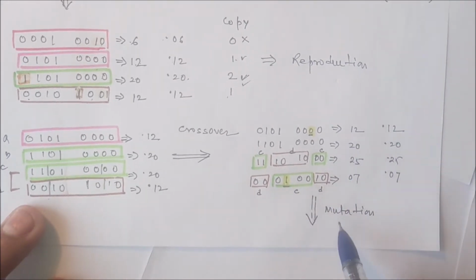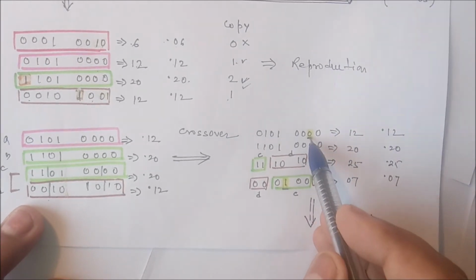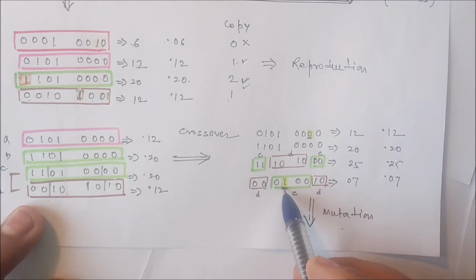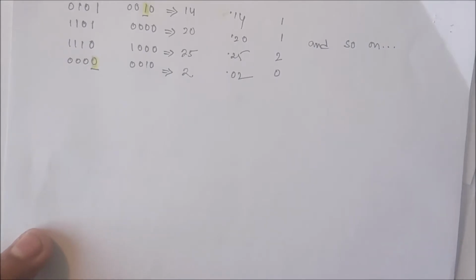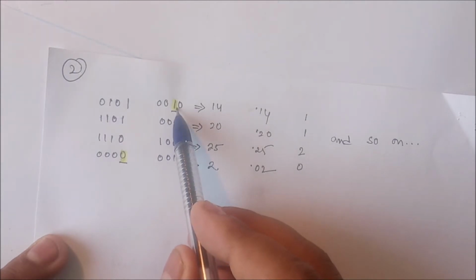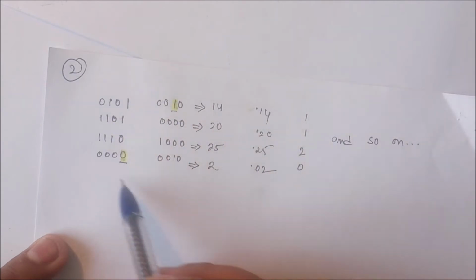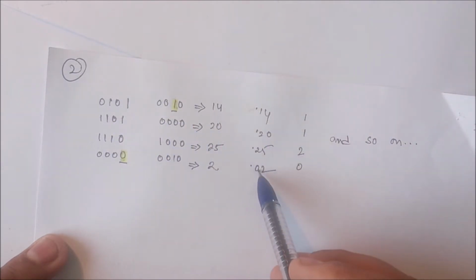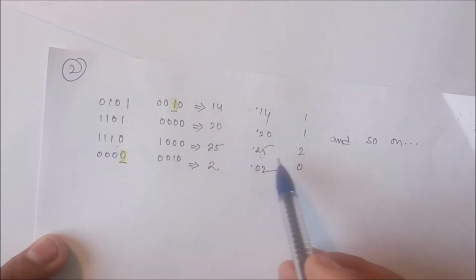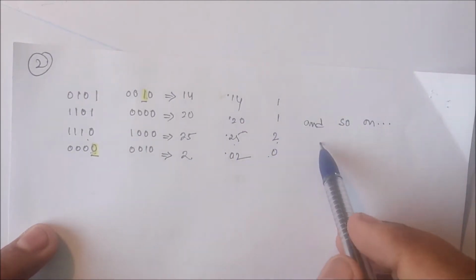Okay, after that, once again we may apply the mutation. Now here you can assume that we apply mutation in this particular bit as well as in this particular bit. So after that mutation, in that case it was 0, now it is 1. In that case now it is 0. And once again we have to evaluate it. So the strongest chromosome is this one, this is the weakest, these two are the average. Okay, and this process will continue.